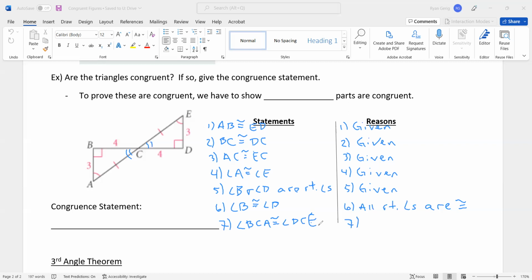Why are those congruent? We learned this one back in Unit 2, vertical angles theorem. Okay, so that's all 7 steps to say all 6 pieces are congruent. Now I can say